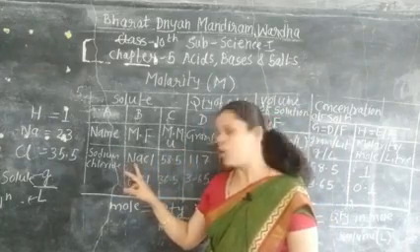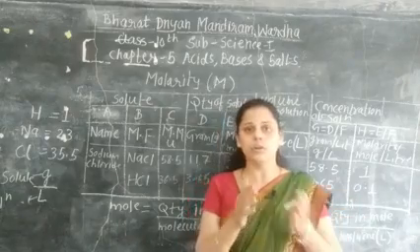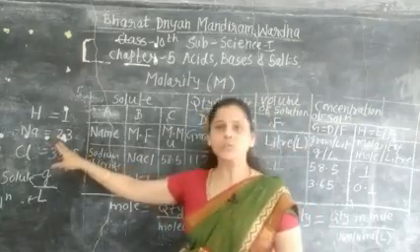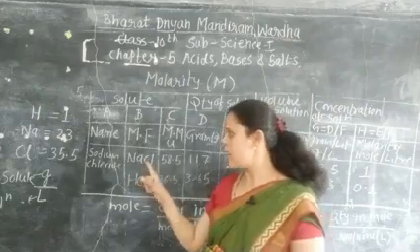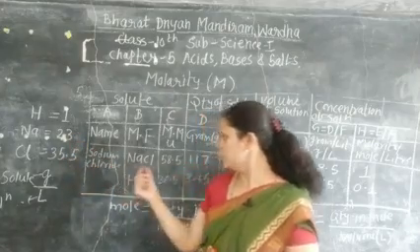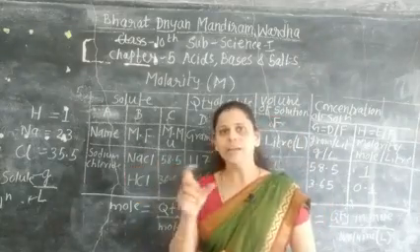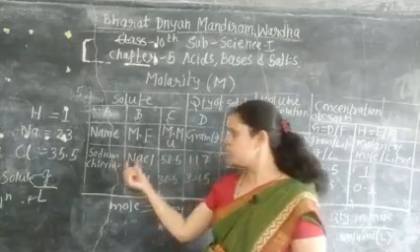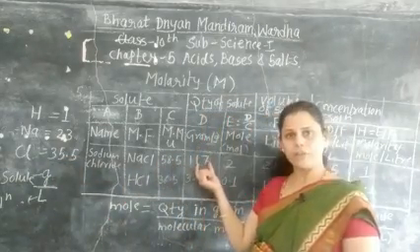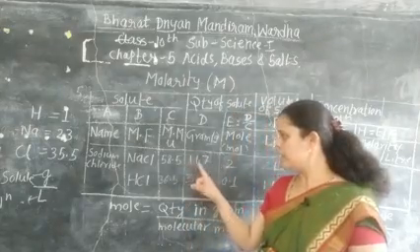To find the molecular mass, you have to know the atomic mass of all atoms. The mass of sodium is 23, plus the mass of chlorine, 35.5. Add these two numbers, and you get 58.5. You can also write it as an integer value, but here we keep 58.5. Then the quantity of NaCl in gram is given, 117.